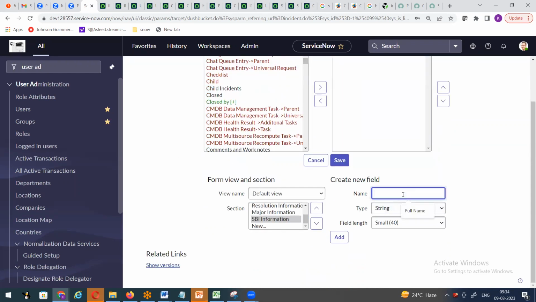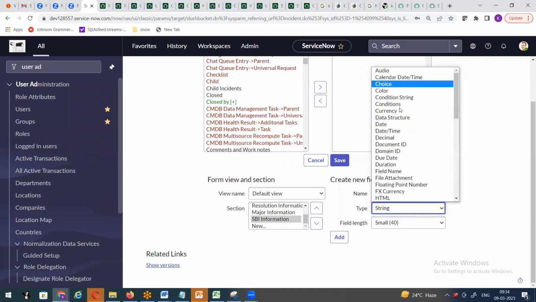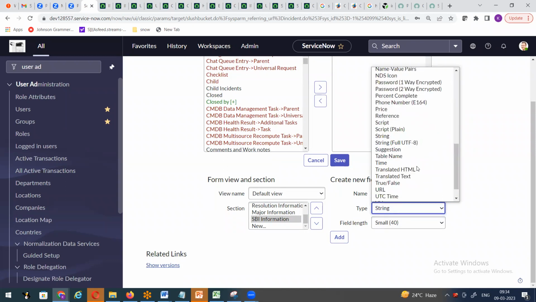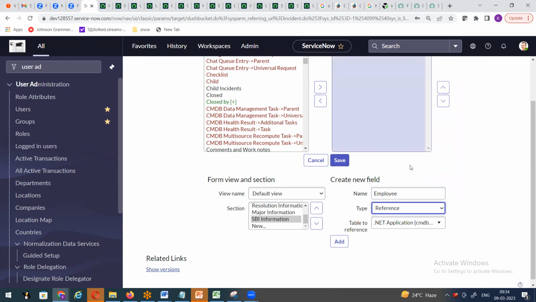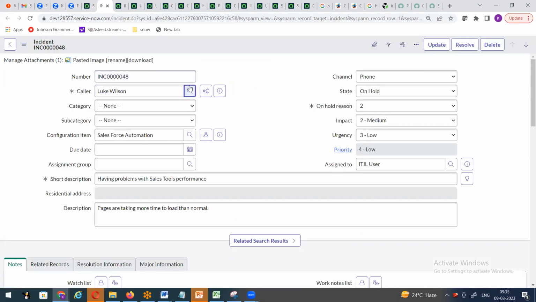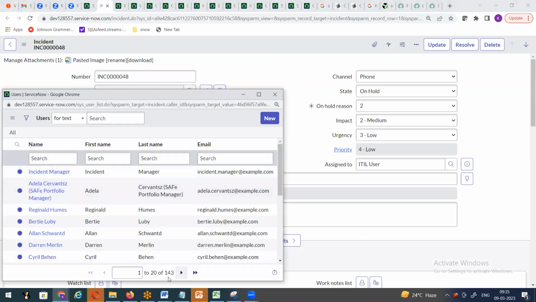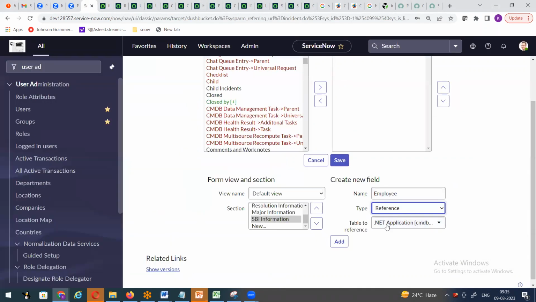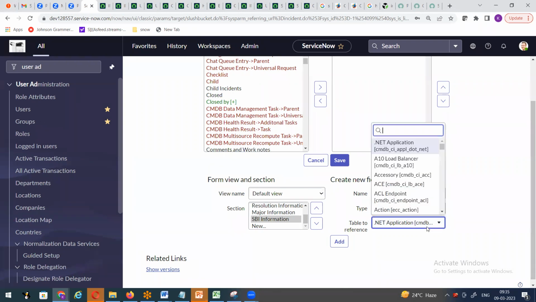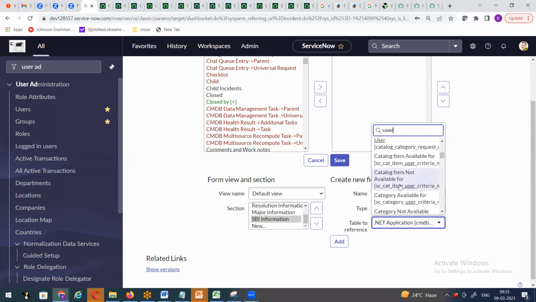I want to create a new field called bank employee. Employee is the field which I am trying to create. Type is reference. Where is the reference field? See, reference field. And a table, it is asking which table you want to refer to. See, here on the incident form, you are referring to the user table, right? You are getting all the 143 users listed here. In the same way, I want this field to refer to the user table. So what I need to do? I need to type user here. If you go to the bottom,